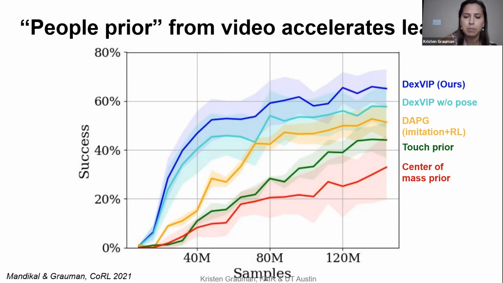And then you have some simpler baselines below that do things like just try to touch the object. We reward you for that. That's green. Or try to touch the object near the center of mass of the object. That's in red. And what this shows is indeed you can learn faster from this video prior coming into play, and that the ultimate policies were more accurate, more successful, meaning we get the objects off the table more frequently.